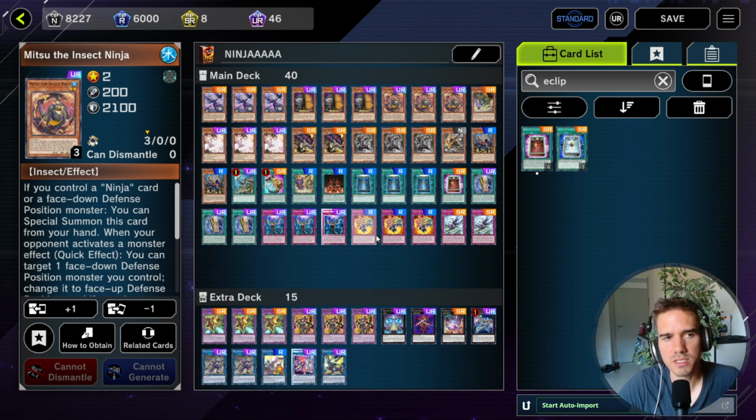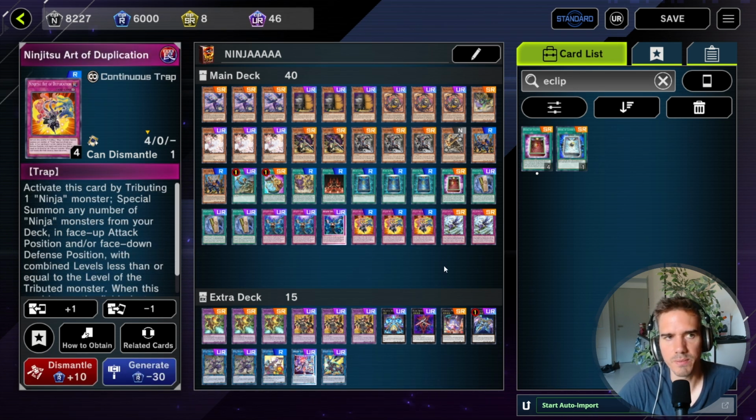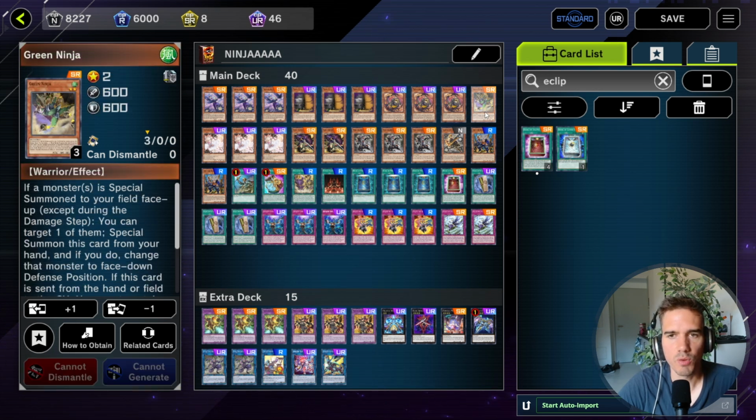So this is our monster negate, definitely a card that we will summon on our opponent's turn or can summon on our opponent's turn. We basically have the choice of summoning the Mitsu or the Green Ninja, and if you're wondering, we are summoning them via our trap card Ninjutsu Art of Duplication, but more to that in a moment. Then we have Green Ninja. If a monster is special summoned to your field,